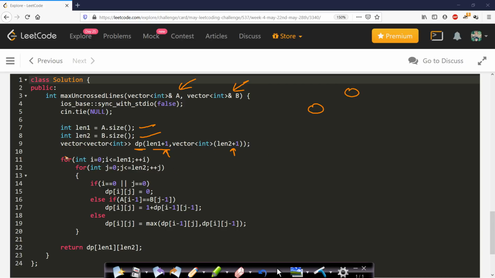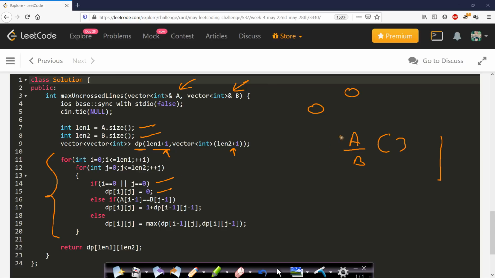Now after taking the DP table, I will simply fill the entire table. As I have already explained, if i equals 0 or j equals 0, this indicates that either list A or list B is empty. If any one of the lists is empty, then obviously you cannot draw any uncrossed line, and therefore you fill the DP table at that location with 0.